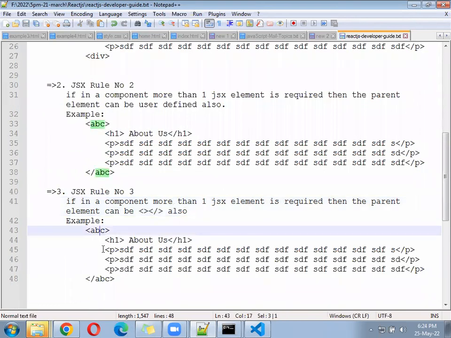So we can open an empty tag here and close an empty tag here. This will also work. That you have seen today already.